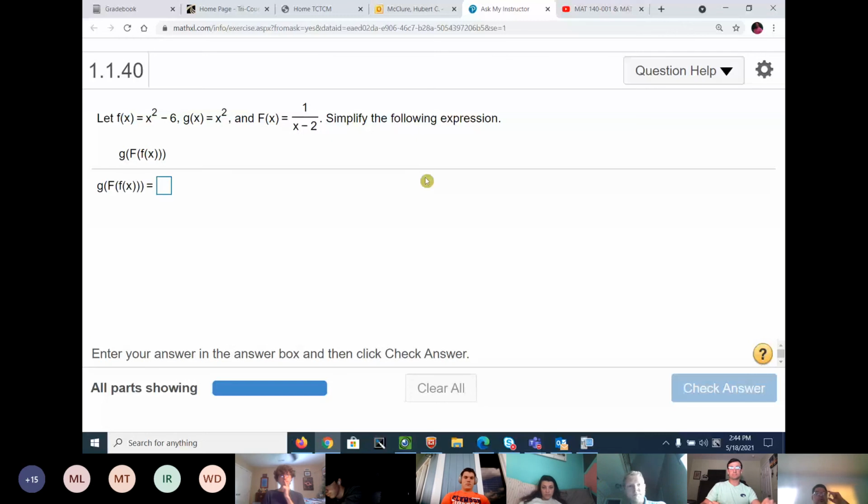They want you to compose f of x, and then compose g of f of x. I think I'm looking at this right. Is that correct? This is a stupid question. I would not put this on a test. I would put a composition on it, but I wouldn't put this one. To me, this is kind of